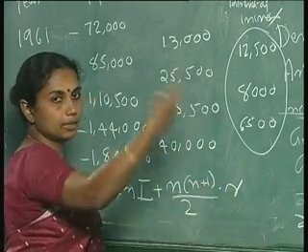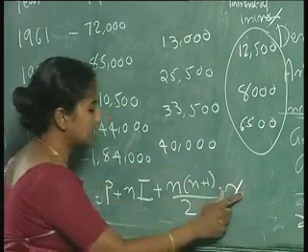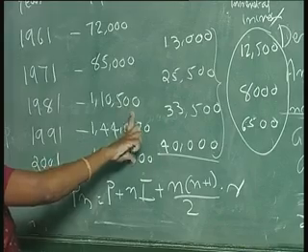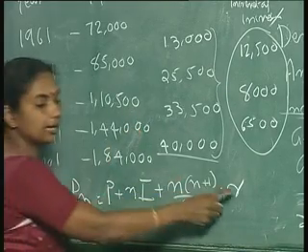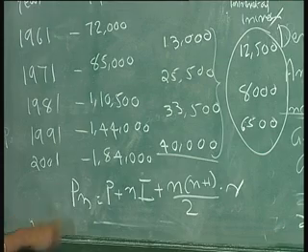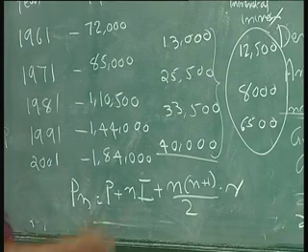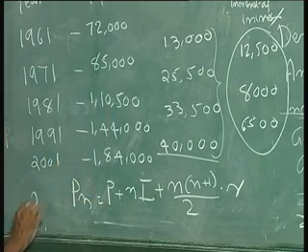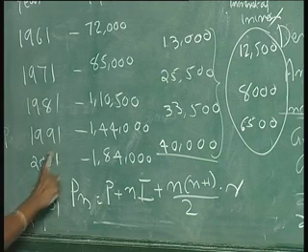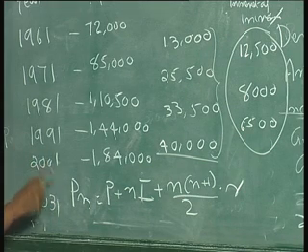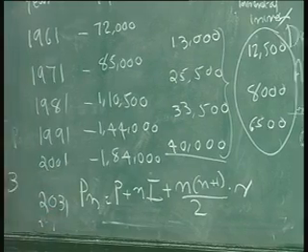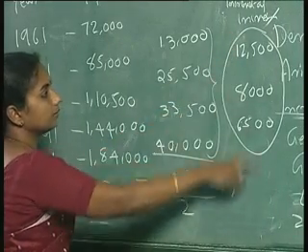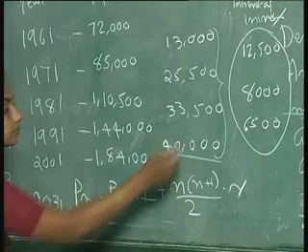What is the rate at which the incremental increase is happening? If you can find out this rate, and you know this I is nothing but summing up this one and dividing by the number of decades, you can get I and you can get r, so you will be able to predict the population. So this is the incremental increase method. Here n is the number of decades you have to predict. For example, you have 2001 and you have to predict the population in 2031. So 2011 is coming, 21 is coming, 31, that means 3 decades are there in between. So here n will be 3, and r is nothing but the